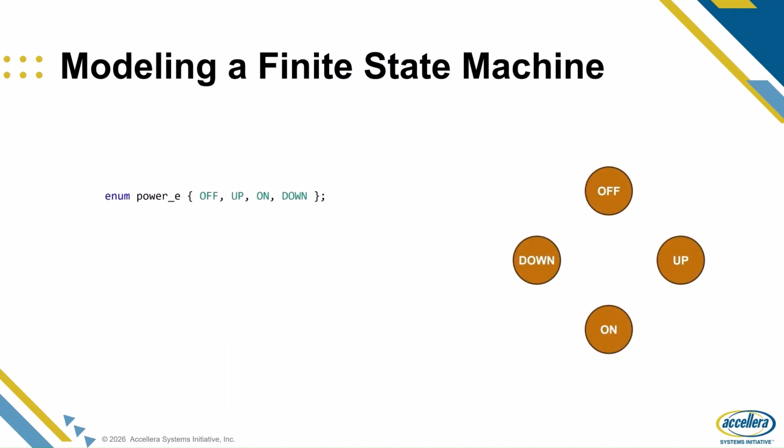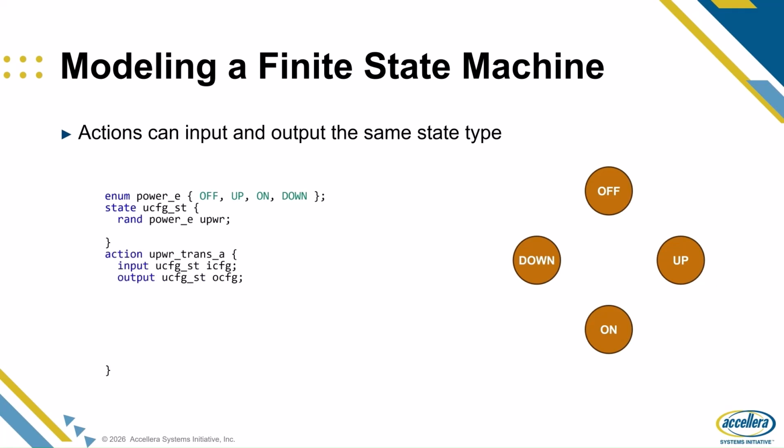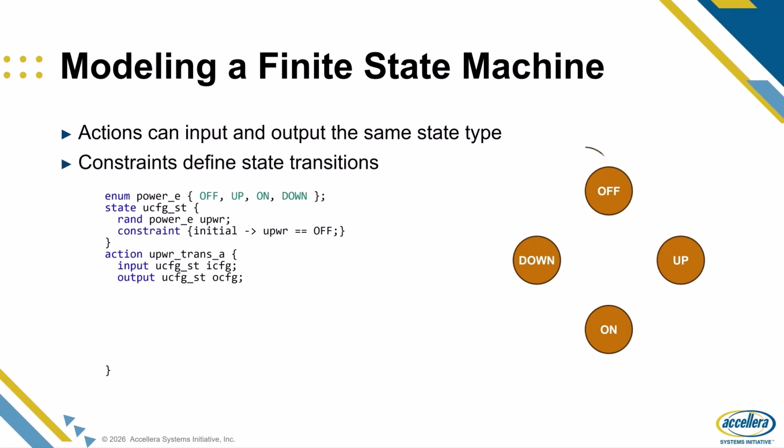State objects, as the name implies, can be used to specify a finite state machine. In this case, we have a power state enum that will define our states. We define a state object that uses the power enum field and an action that will define the power state transitions. The initial condition is true until the state object is written for the first time, so our FSM starts